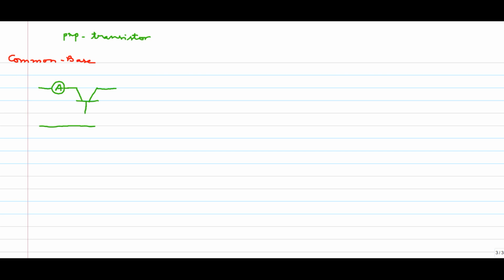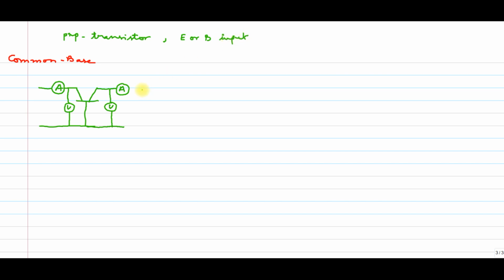This is base, so base is common to both of them, and this is also one more ammeter. So this is the voltmeter. This is the voltmeter. That means here I am taking input voltages, input current, and output voltage and output current. And one more point I would like to write here: either emitter or base should be the input